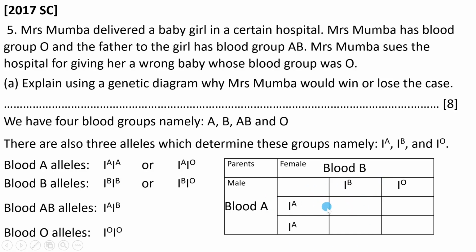So this one contributes A, this one B, this one A, this one O. Then here you have A, B, here you have A, O. So what does it mean? If you have a homozygous blood group A parent with a heterozygous blood group B parent, the chances are that they will have